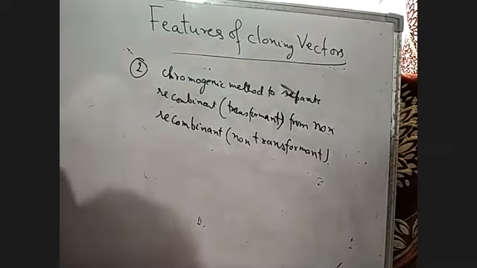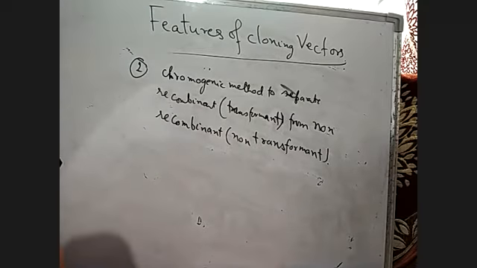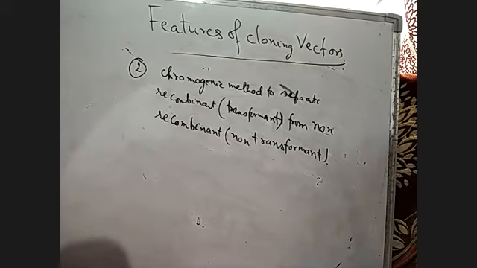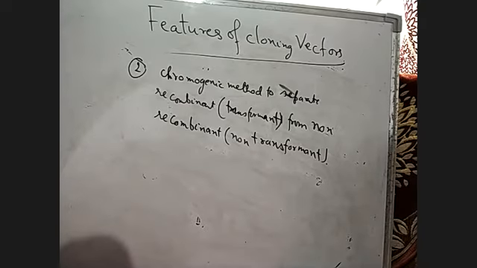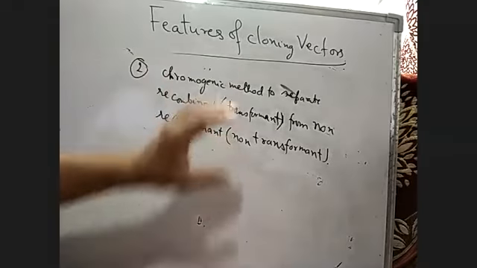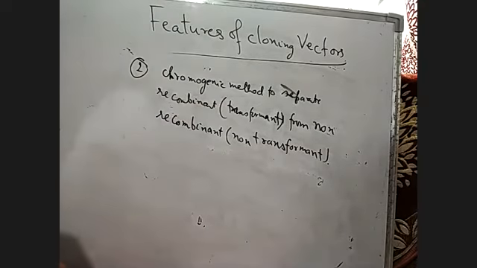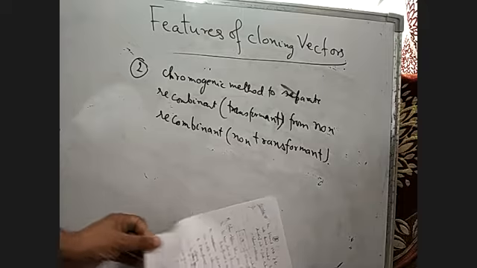This method depends on the color reaction, or color coding. In this method, alternate selectable markers have been developed which differentiate recombinant from non-recombinant on the basis of their ability to produce color in the presence of a chromogenic substance. So we place the vector into the color, and on the basis of the color we will know whether this origin of replication area has the recombinant part or the non-recombinant part.